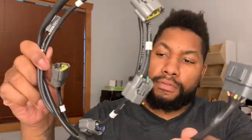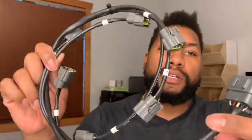There we go. So, nice piece here. It just gives me more emphasis to make sure that I make my wiring look really nice as these look. So the way that these work,